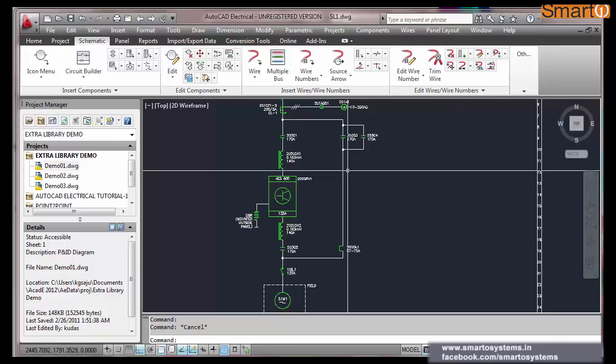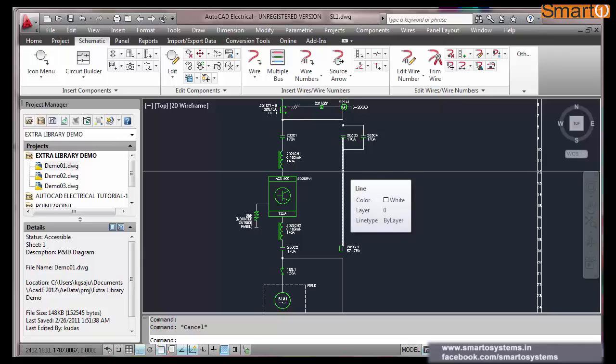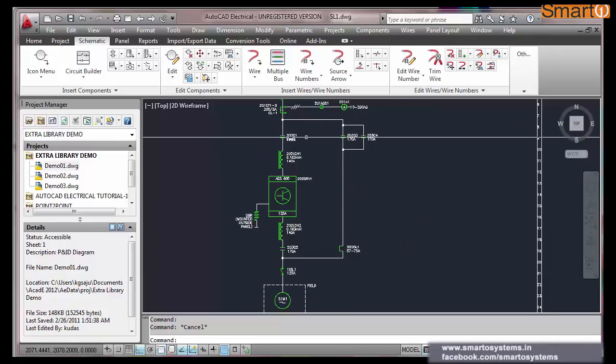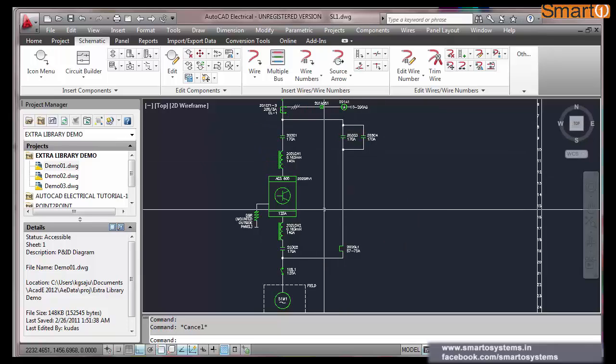I am not going to explain the theory behind this. My intention is to explain how we can design a circuit in an easy way, how we can insert components, how we can control ladders. That is only my intention. The circuit may be wrong. You have to design your own circuit. Fine. You don't copy the circuits. So, this is the overall story behind this circuit.